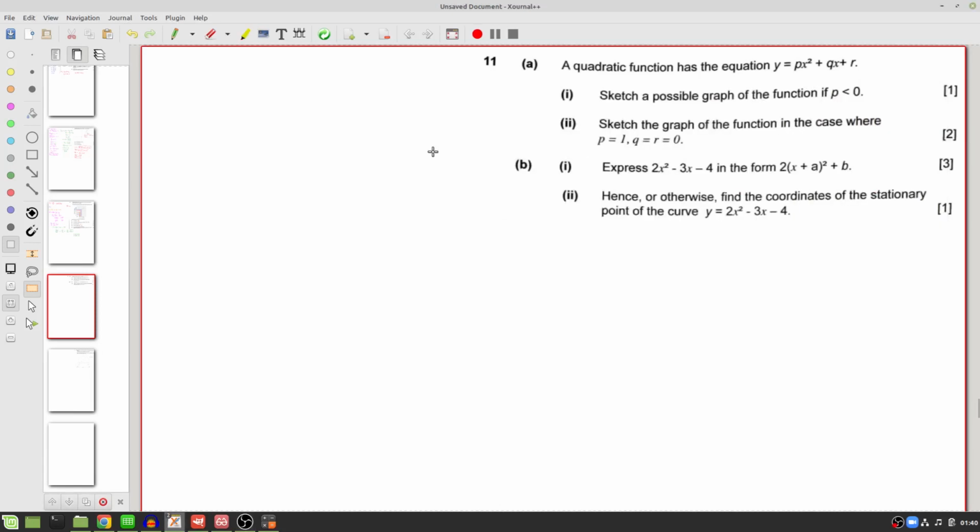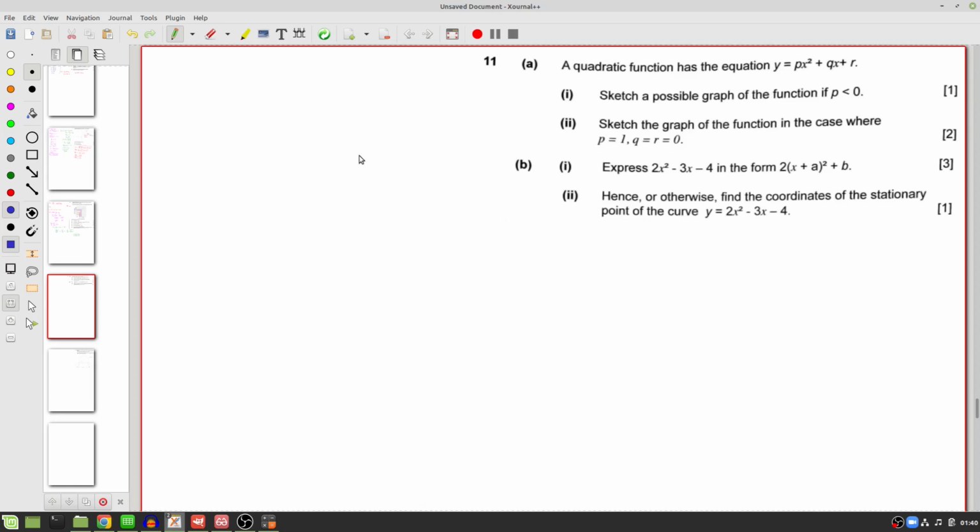Hi, and welcome to the second last question of this paper. This paper is the 2012 November exam in the Namibian Senior Secondary Certificate, Higher Level Paper 1. Question 11. So we say we have a quadratic function and it has equation y equals px squared plus qx